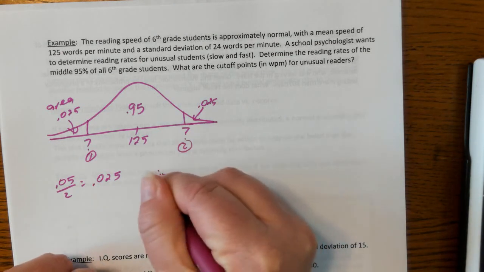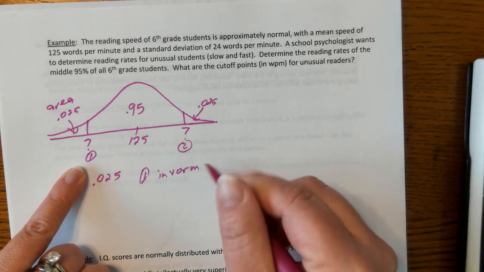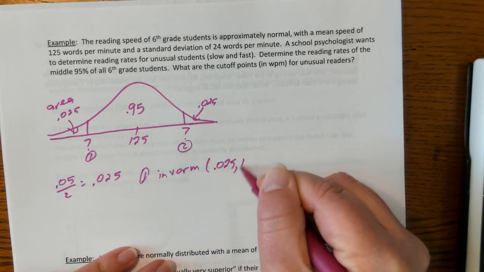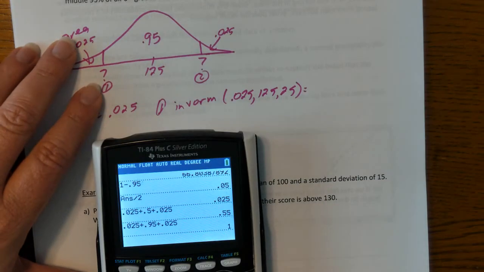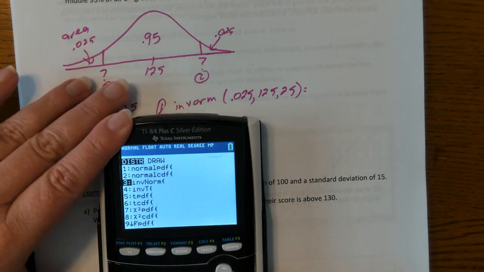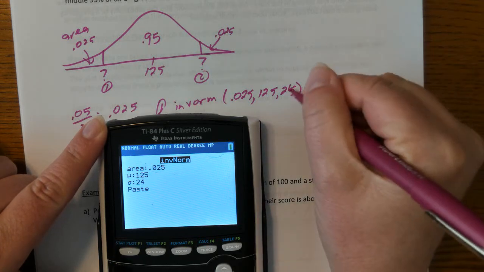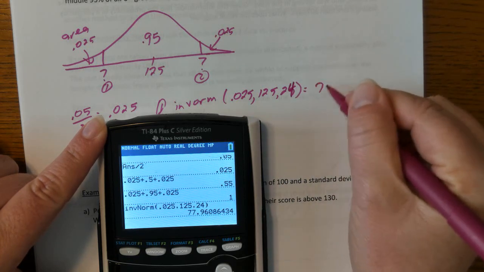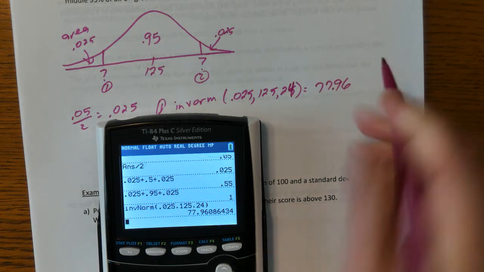So we are going to find the lower cutoff. We're going to inverse norm. Okay. What is the area to the left? 0.025 with a mean of 125 and a standard deviation of 24. Mean of 125, standard deviation 24. Oops, I typed 25 right there, so 24. Sorry about that. So 77.96. Okay. And then the upper one,